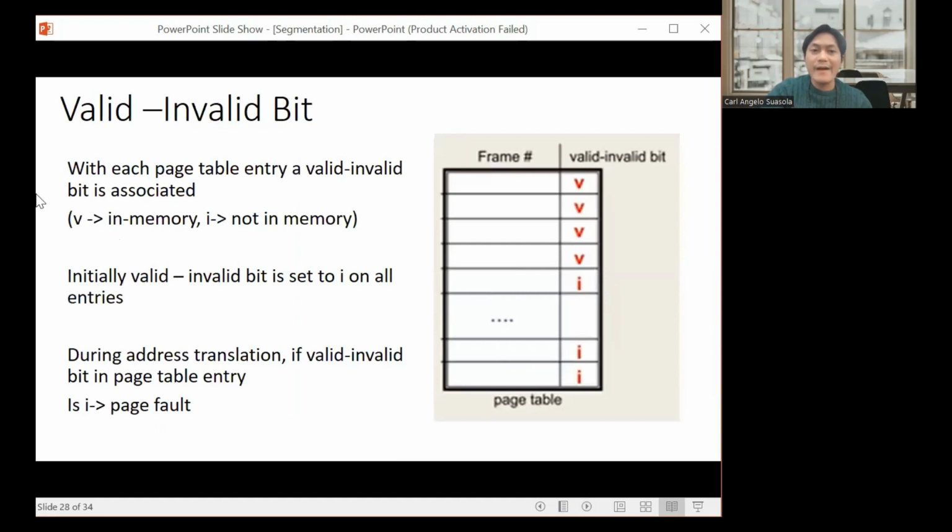So we also have a valid and invalid bit, no? Same as in the page table, to indicate with each page table entry a valid-invalid bit. So V means valid, in memory, and I would be not in the main memory. Initially the valid-invalid bit is set to I on all entries. So during address translation, if the valid-invalid bit in the page table entry